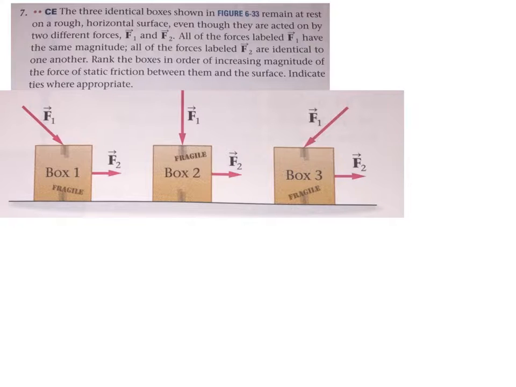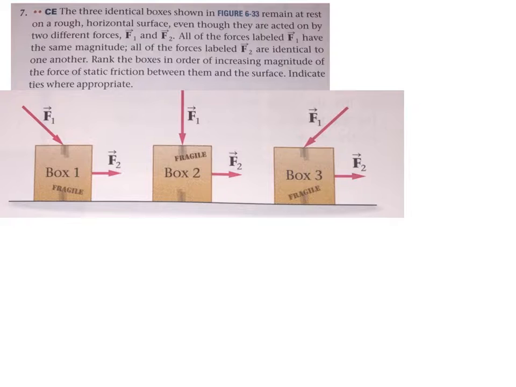All of the forces labeled F1 have the same magnitude, but of course different directions, and all of the forces labeled F2 are identical. Rank the boxes in order of increasing magnitude of the force of static friction between them and the surface. Indicate ties where appropriate. So there's a lot going on here, but in the end, what we're going to fall back on is that